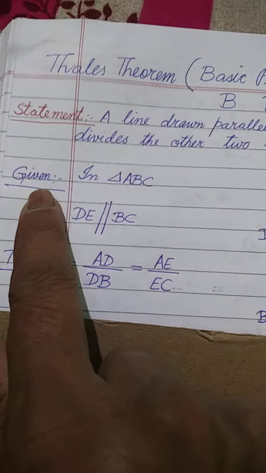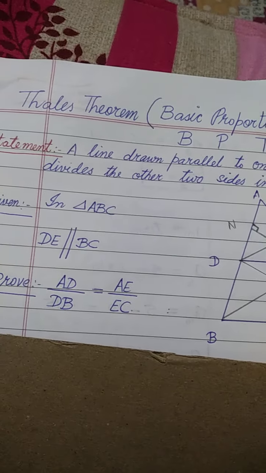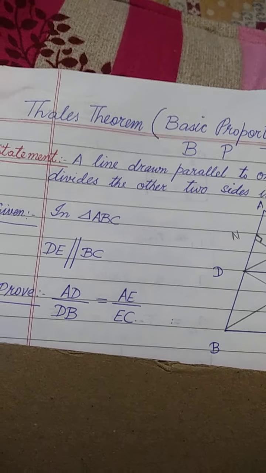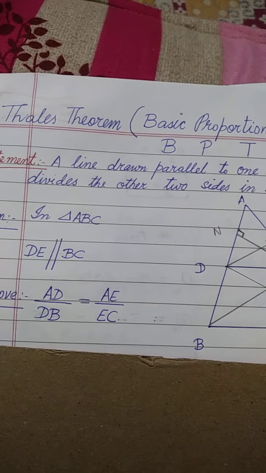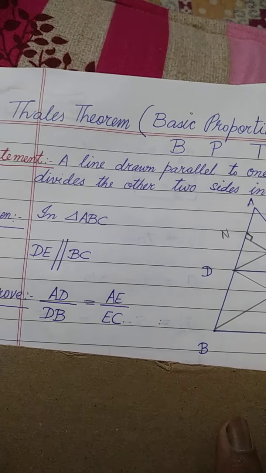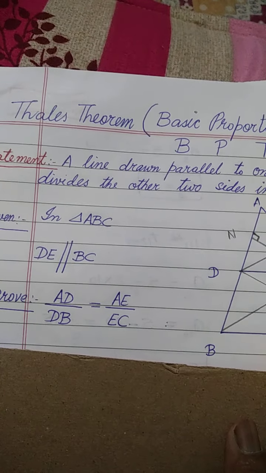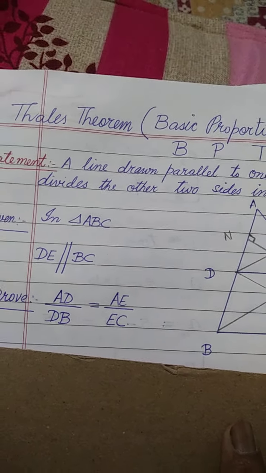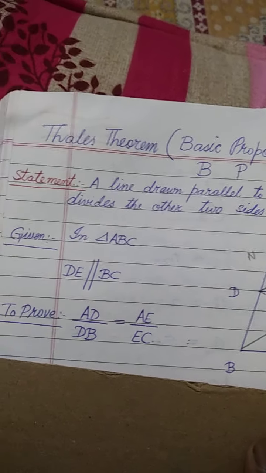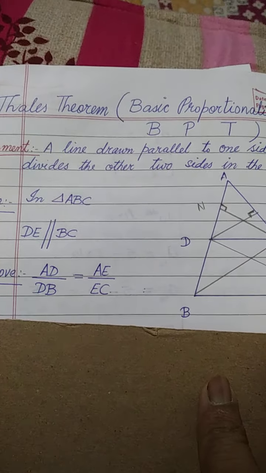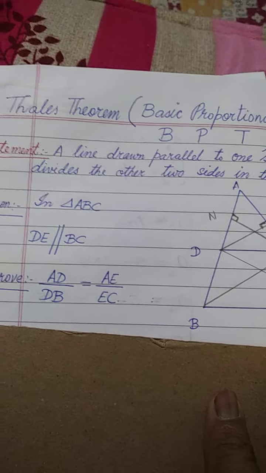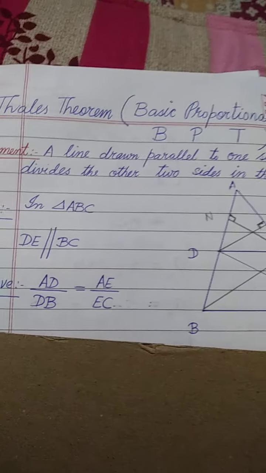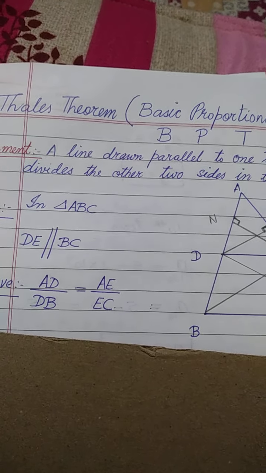So first of all, after drawing the figure, we will have to write what is given in that theorem. Only that statement will come in the exam, or sometimes they will ask you to write the statement also. For theorems which are popularly known, like Thales theorem and Pythagoras theorem, in the exam they may ask you to state and prove Thales theorem or state and prove Pythagoras theorem. So you will have to learn the statement also, and moreover you should know the statement, otherwise how can you recognize which theorem has come? They will not mention it is a theorem or sum or whatever. You will have to decide yourself.